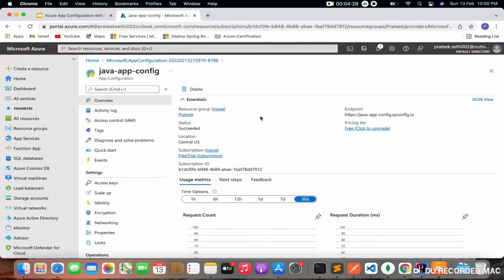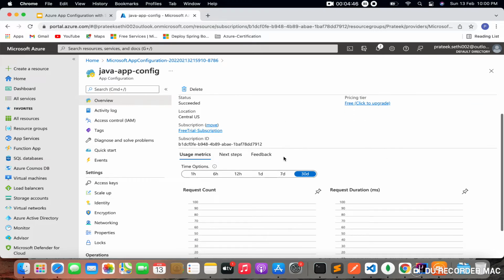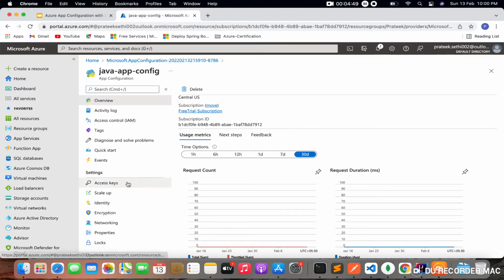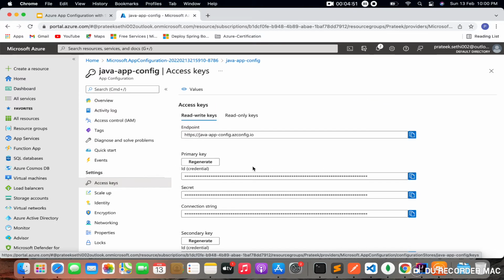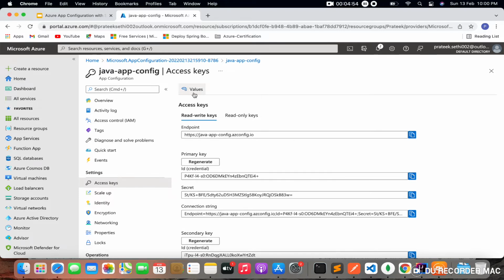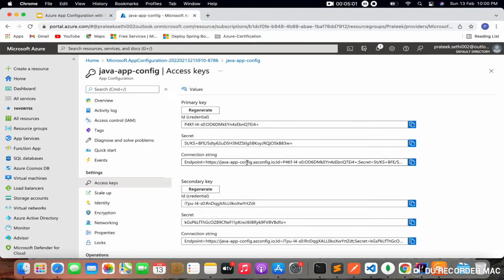Now we have the App Configuration instance ready. I was facing some issue with the previous instance creation, so I deleted the previous two instances and created the new one with this Java app config name. So that's the App Configuration page, and let's move to the access keys section first. To access the app config from your Java application, you will have to copy this connection string first. So let's copy it,